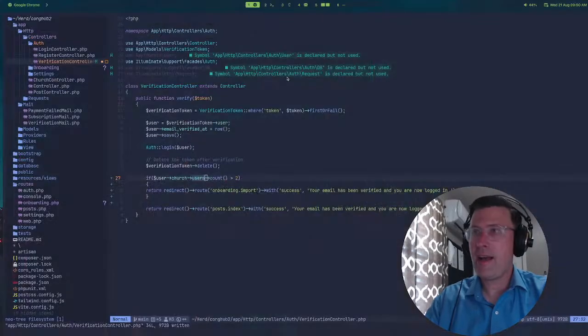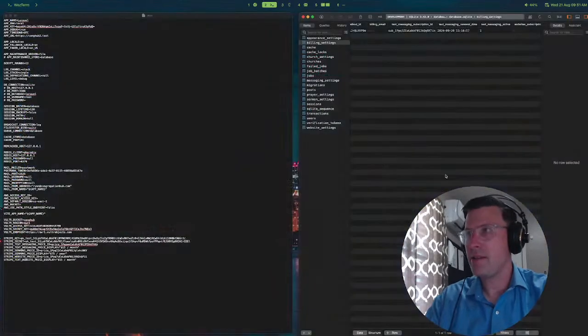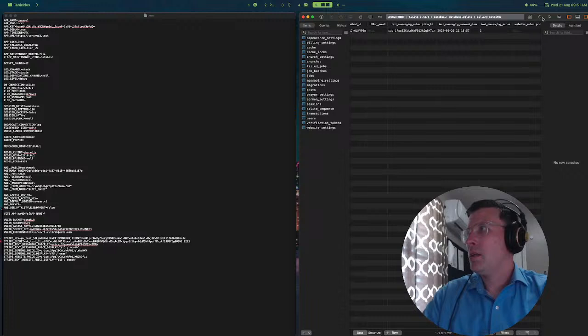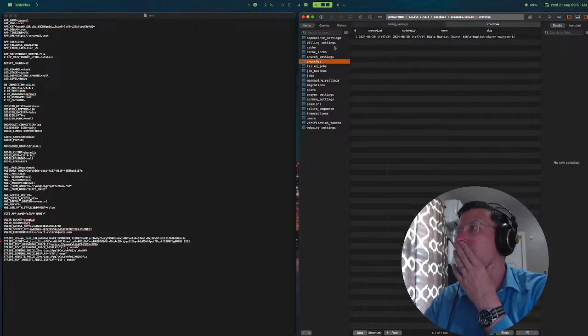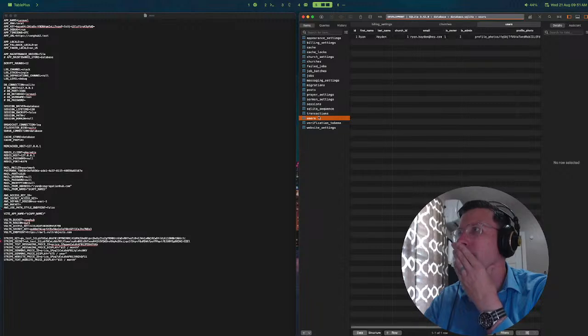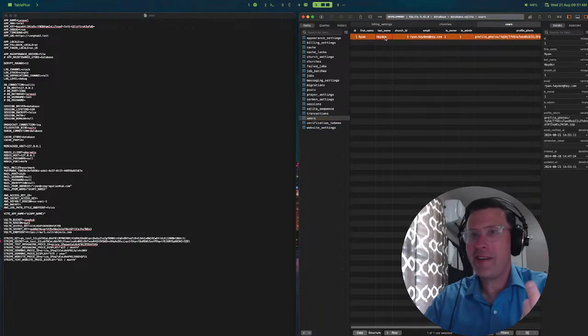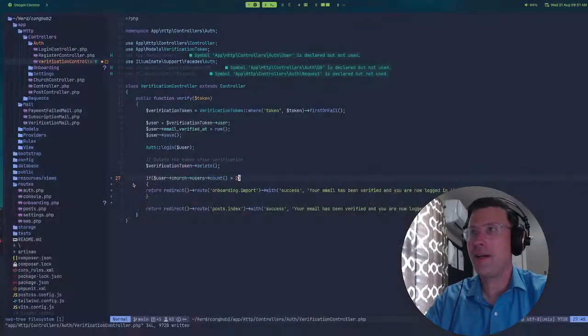My church should not have more than 2 users. Church should only have 1 user. Let's look at the database and see what's going on here. So I'm going to refresh. Ooh, churches. There's 1. Yeah, there's only 1 user in the database, so how can there be more than 2 users? What is going on? Okay, if user